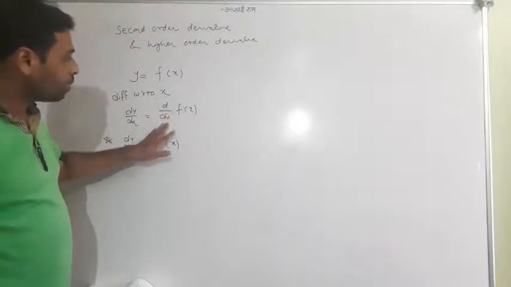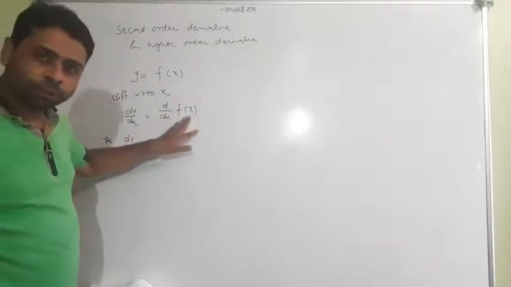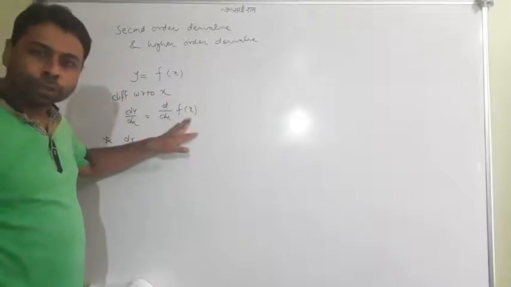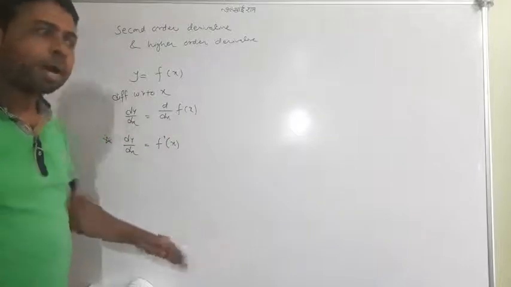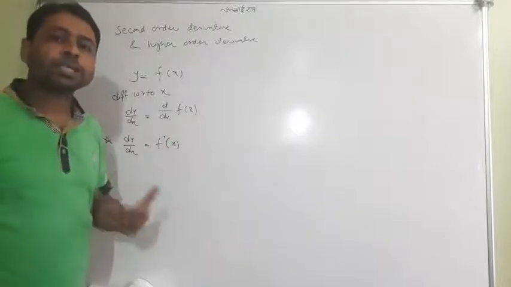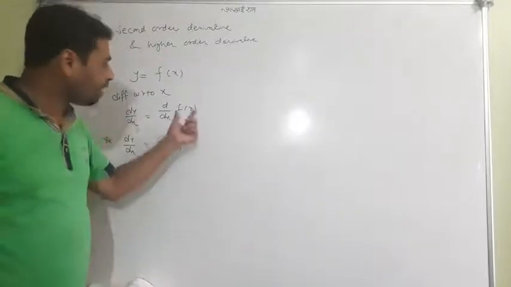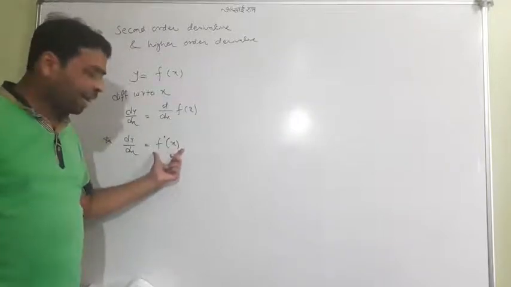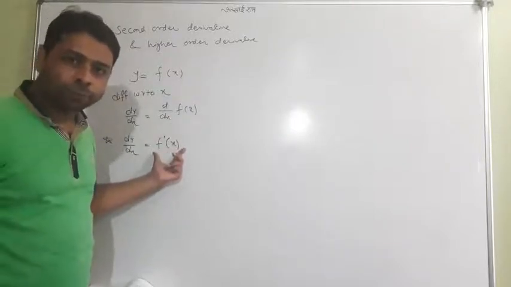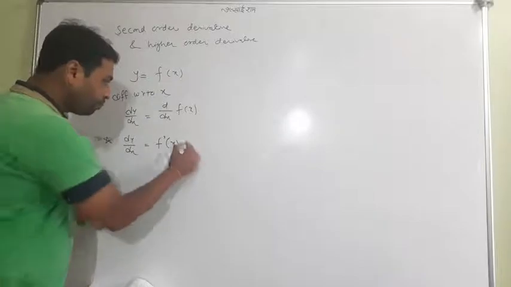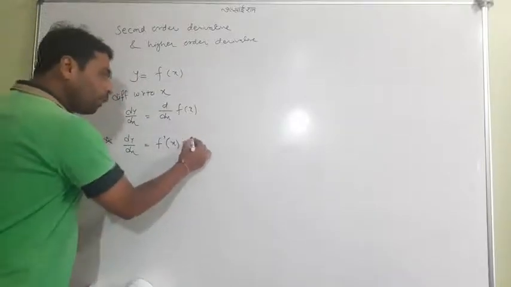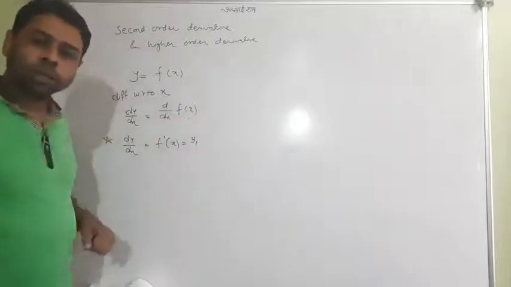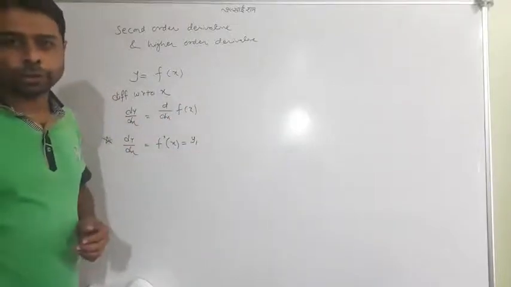Look at d by dx of f of x. This is very genuine. f of x is a function. Whatever the function, it will be differentiated, no matter. I'm telling you what symbol is used when it is f of x. So f dash x will represent first differentiation with respect to x. Against it, you have y. If you write y1, it is again the first differentiation.